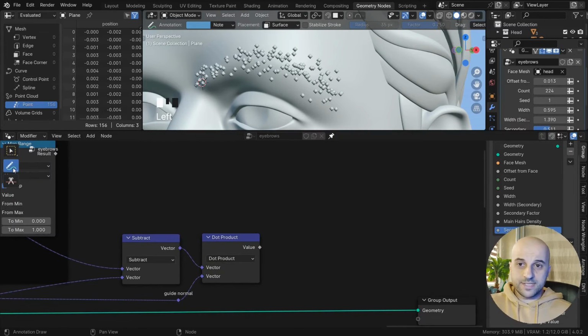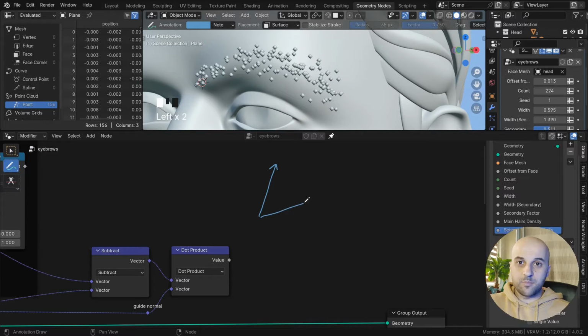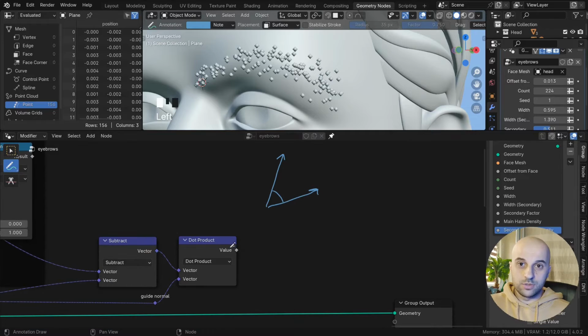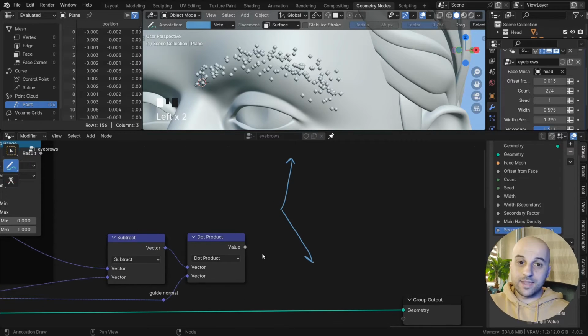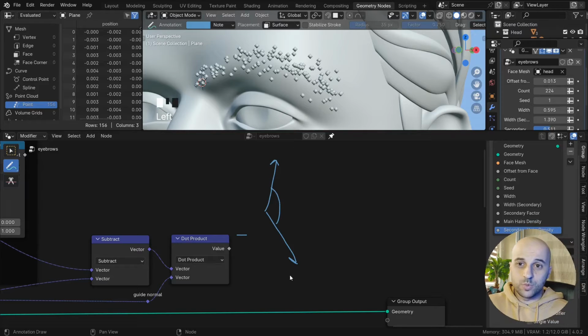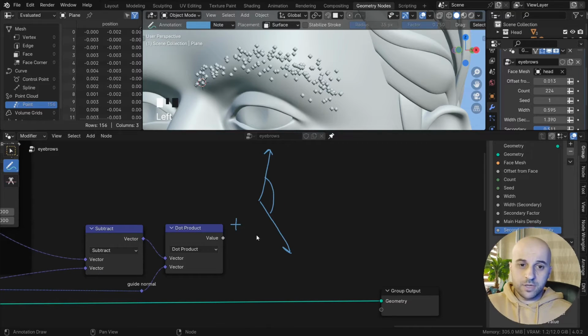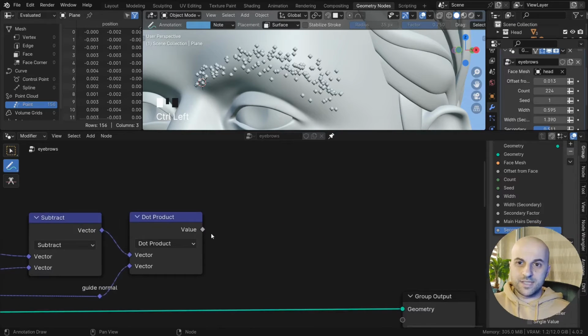For our purposes, if the vectors are pointing roughly in the same direction, the angle between them is going to be acute, so the dot product will give us a positive number. If they are pointing away from each other, we'll get a negative number. It's the cosine of the angle between them, but what we care about is the sign,